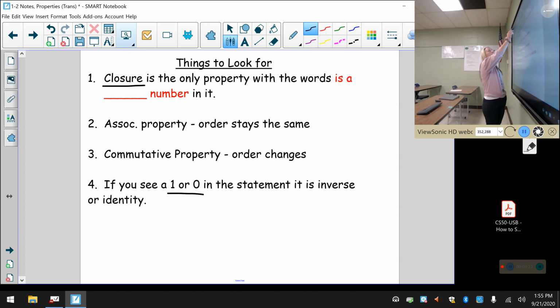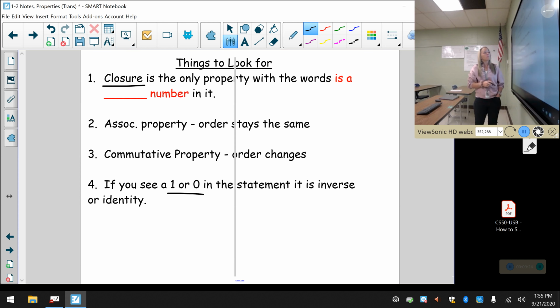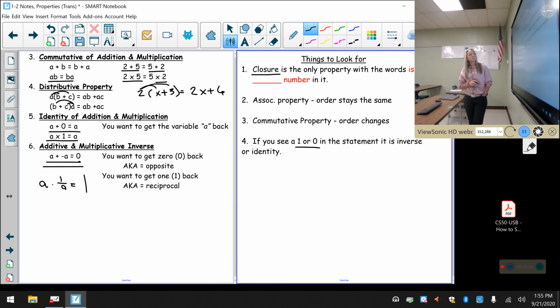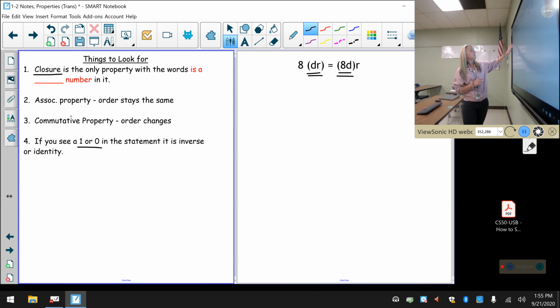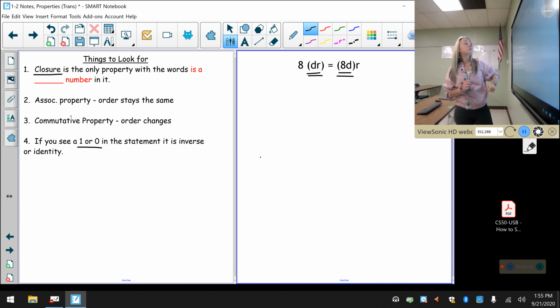But when I look at that example, does the order change or does it stay the same? Well, 8, D, and R are in the same order on both of those. Since the order stays the same, do the parentheses change? They do. So we would say this is the associative property